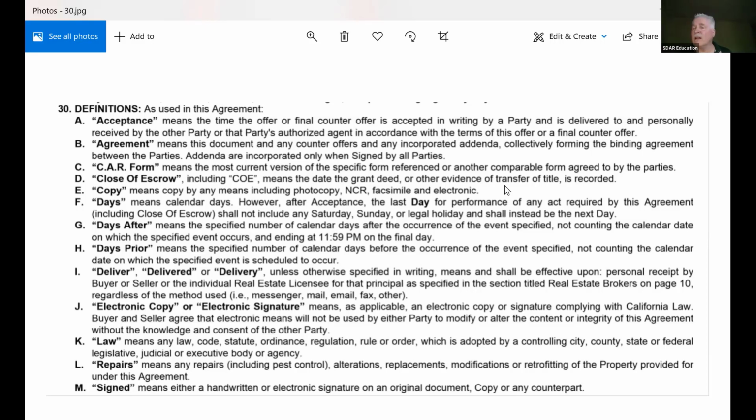So a conversation always comes up. Buyer and seller: the seller signed the buyer's offer on Sunday, but they didn't tell the buyer about it until Monday. When is the date of seller's acceptance? Well, Sunday's the date of seller's acceptance, but the buyer didn't know about it until Monday. If I was the buyer, I'd be arguing that my time periods begin on Monday.